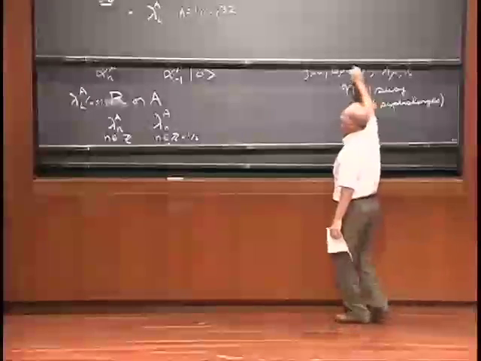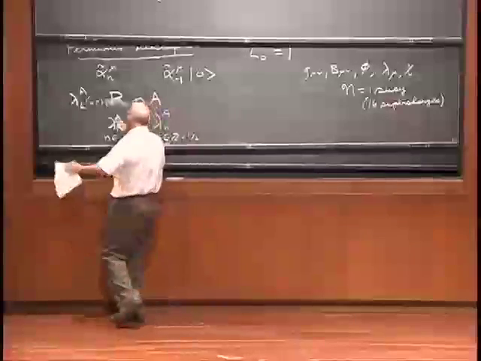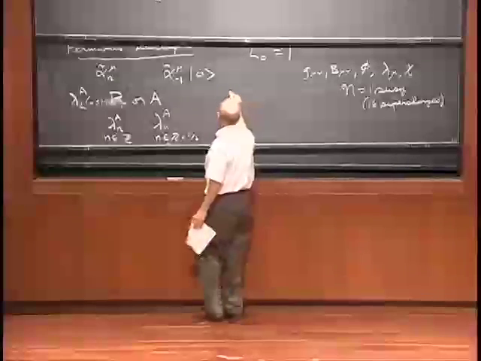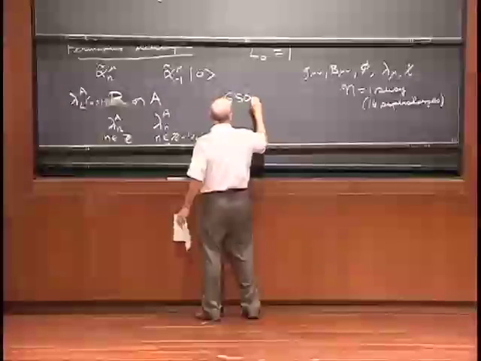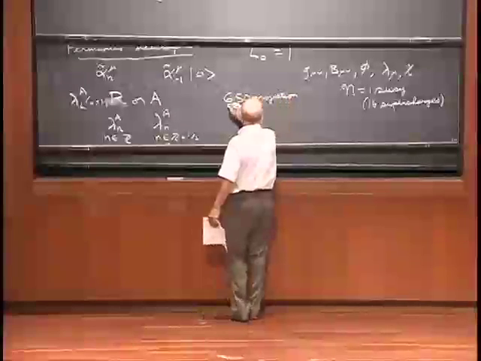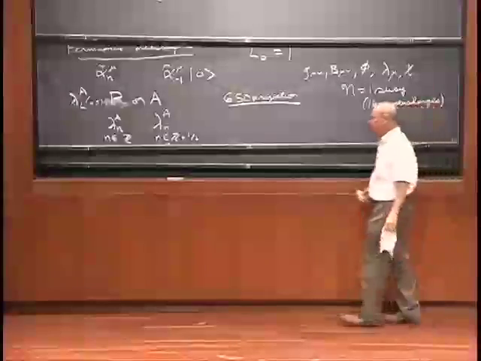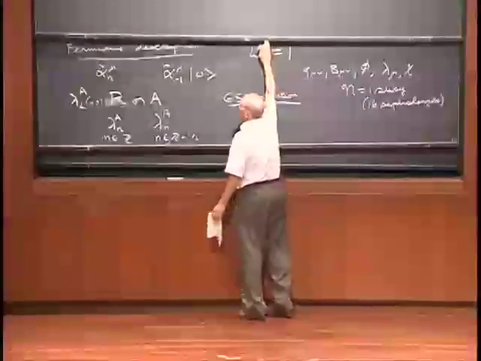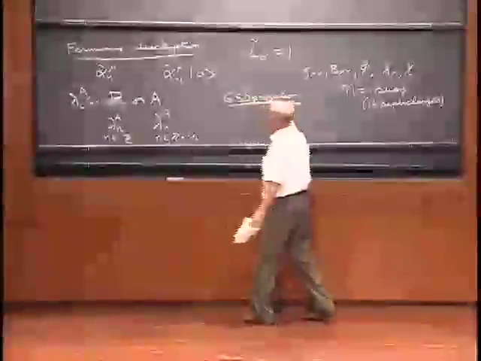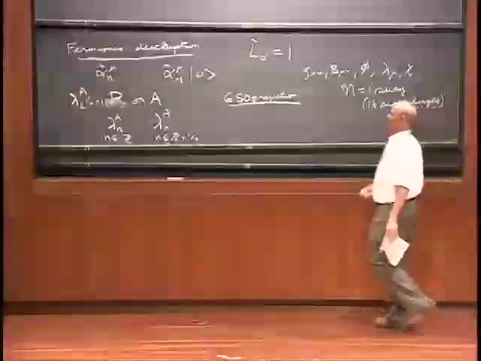And then the choice of exactly which sector you use and what further restrictions you impose has to do with what's called a GSO projection. And it's crucial to choose the correct GSO projection condition to get a consistent physical spectrum. And I don't really have time to explain the logic of that. You'll just have to trust me on it. But it's analogous to things that were discussed in earlier chapters that you're supposed to have read.